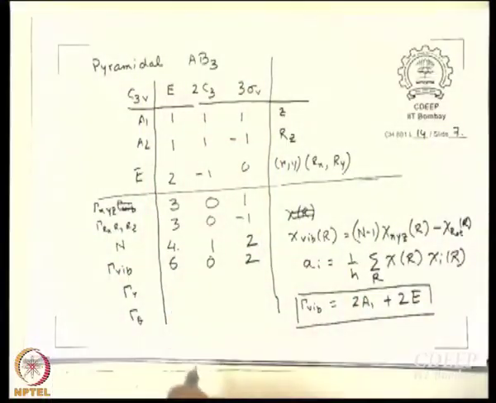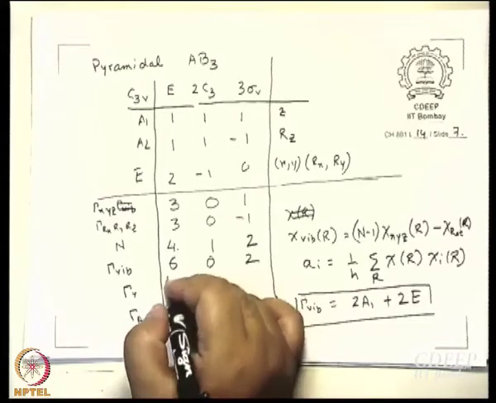So, can you do this now? Gamma r and gamma theta. See, this is a nice way of doing it, isn't it? In one table, you can do it step by step, and it is very easy to find out if you are going wrong or not. So, try to do it this way. Gamma r. Gamma r, now you know what the r's are? Pyramidal, NH3. What is the character for E?